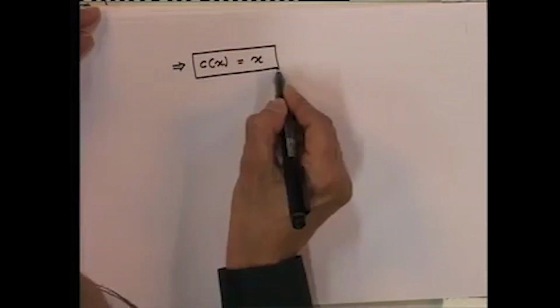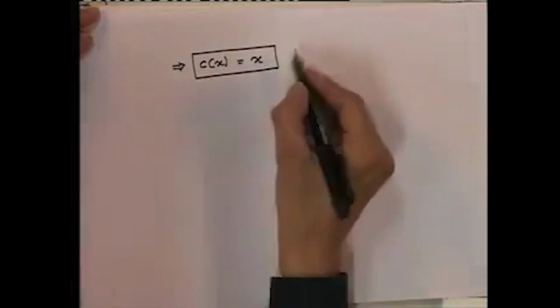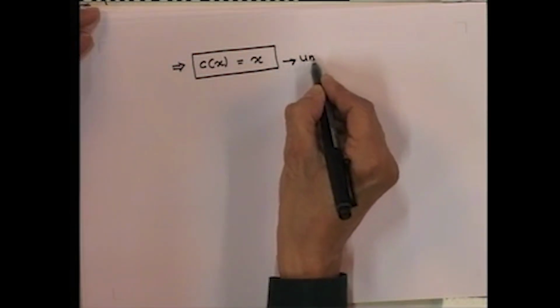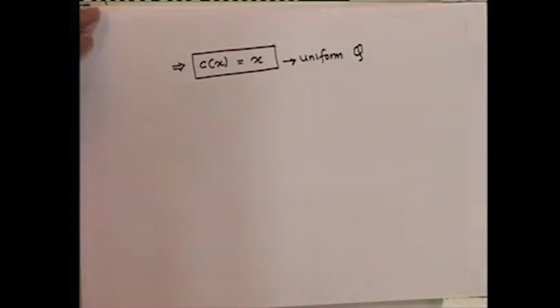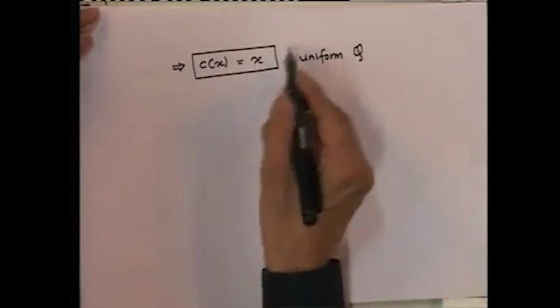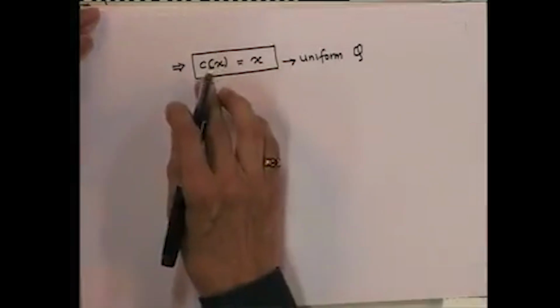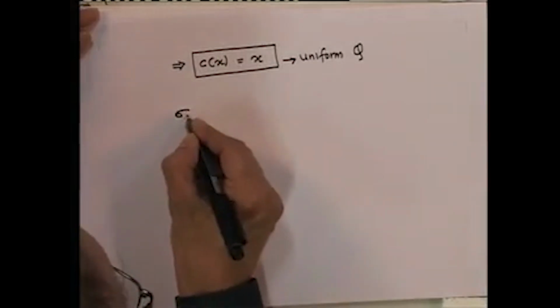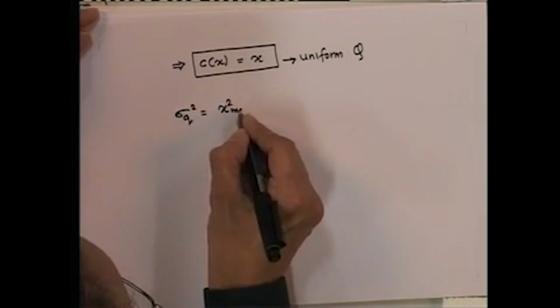So, the compressor characteristic is that for a uniform quantizer. Therefore, at high rates, the optimum quantizer is a uniform quantizer. So, if we substitute C x equal to x in the Bennett integral, we obtain an expression for the distortion as